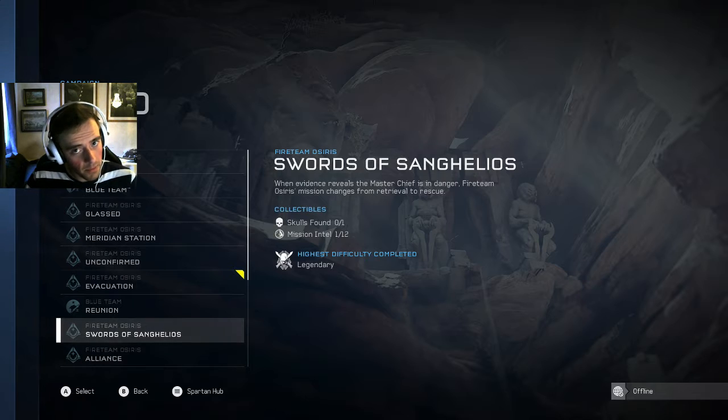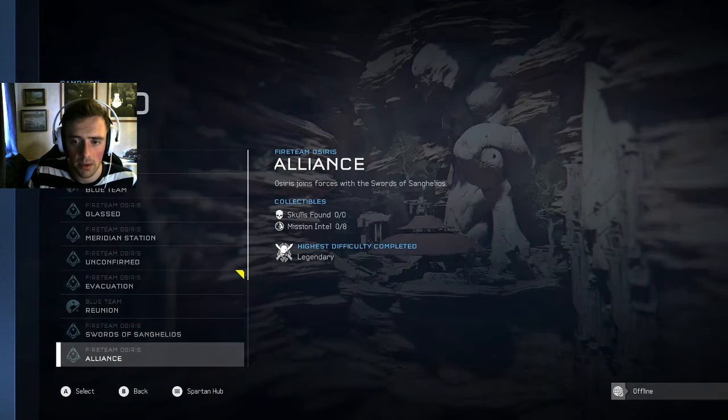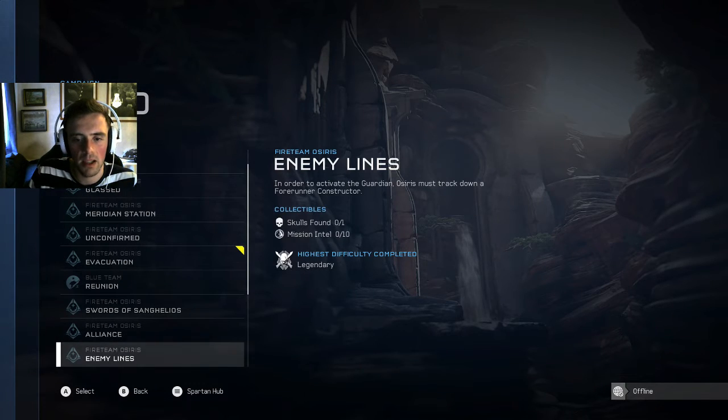So overall, in my opinion, obviously 1.0 wins. Alliance is another auto-scroller. It doesn't really matter here. Enemy lines, I would say this is not greatly in favor of 1.0, but slightly, because there's plasma pistols here